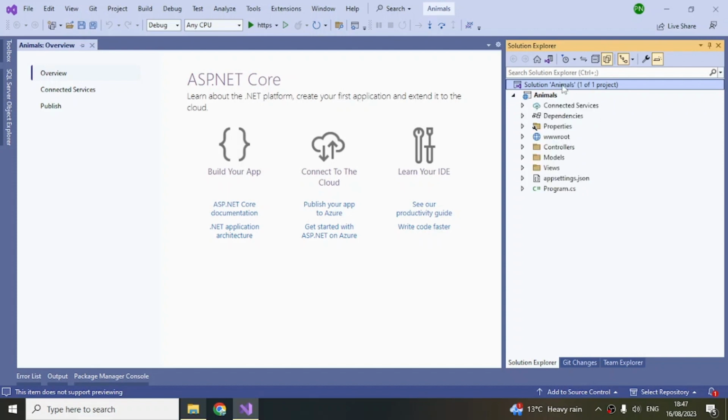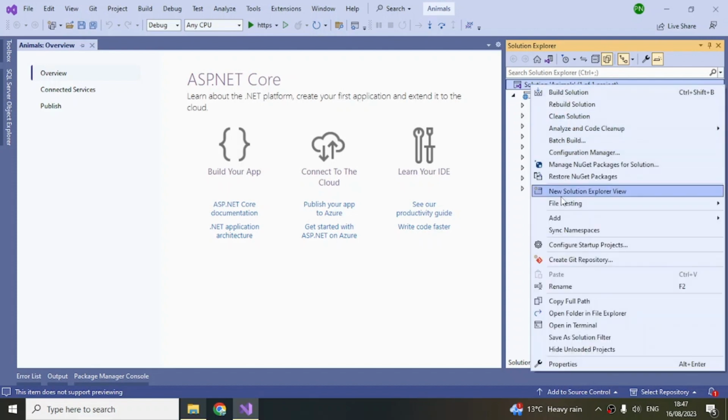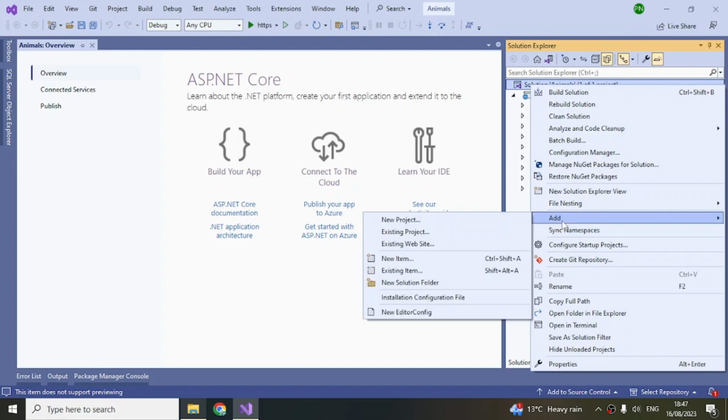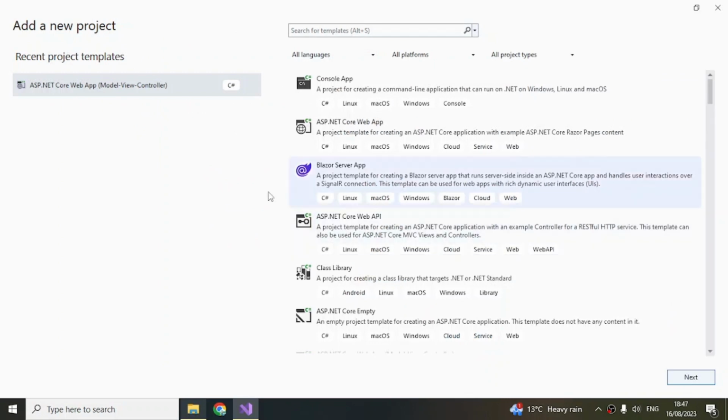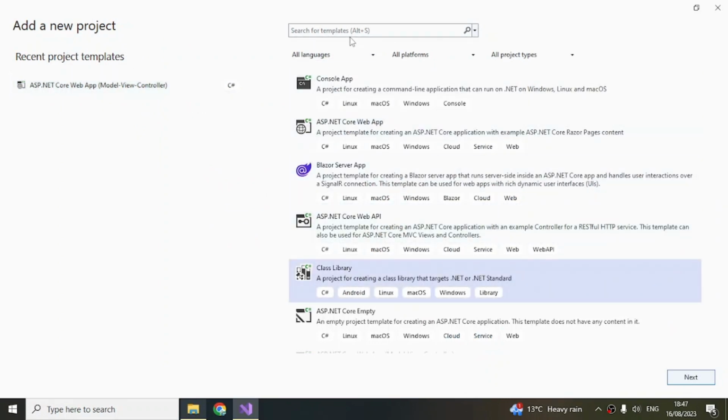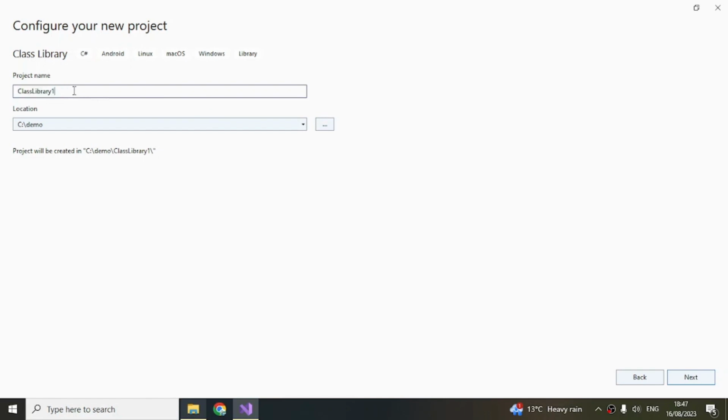I can create another project. I can right click, then add, and create a new project. So let's add one more project to it. Let's call it a class library project, because this will only contain some class files. Let's add it, and let's call it